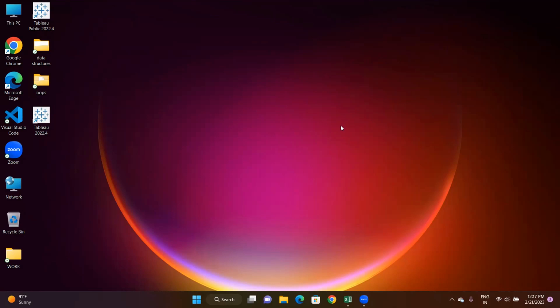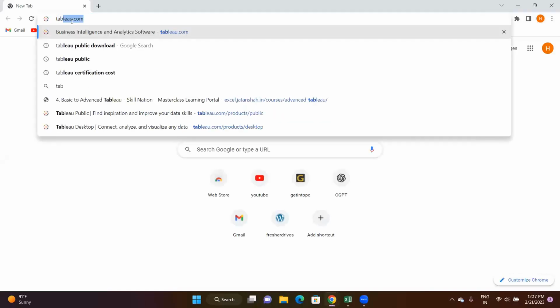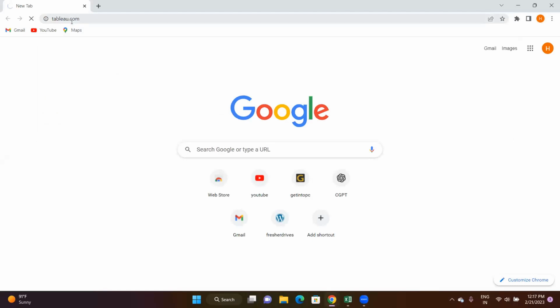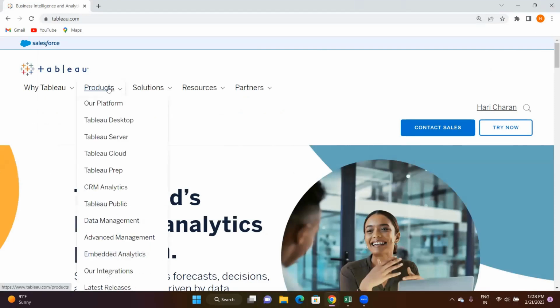So let's start by going to Google Chrome. Here, search for tableau.com. This is the interface, and here we have Products. Inside Products, we have Tableau Desktop and Tableau Public. So first go to Tableau Desktop,